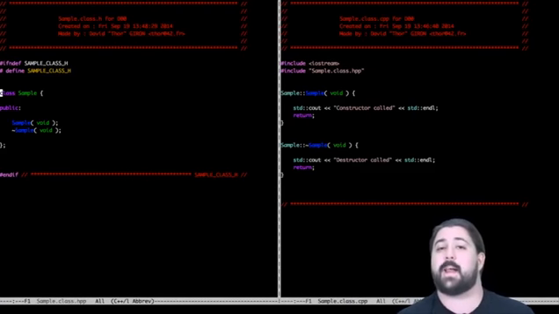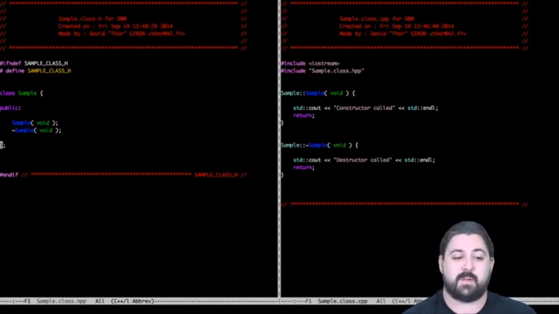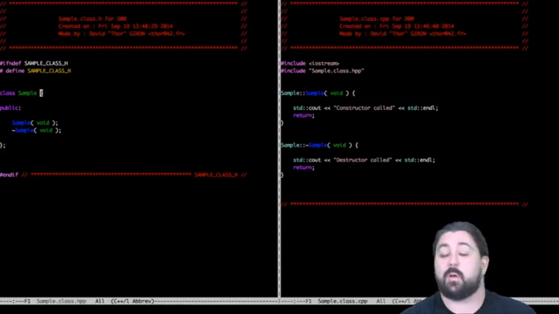Let's start by declaring a class in C++. It all happens on this side of the terminal, where you can see that the class keyword is used, followed by the identifier that will then allow us to identify this class, this new type, this new data structure. We add a pair of curly braces, and don't forget to finish them with a semicolon.